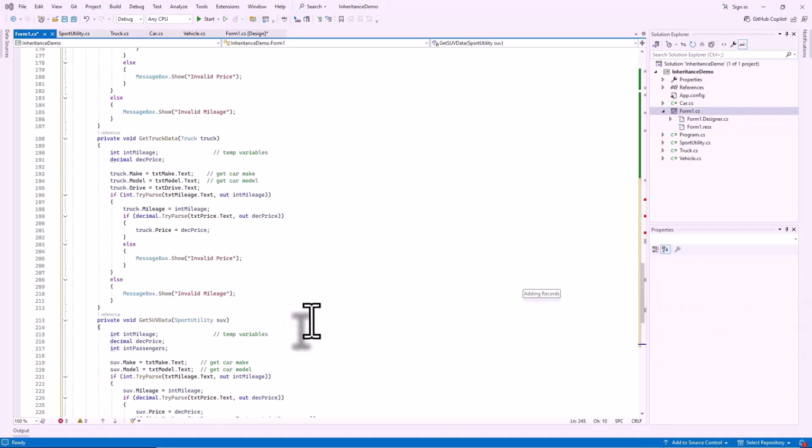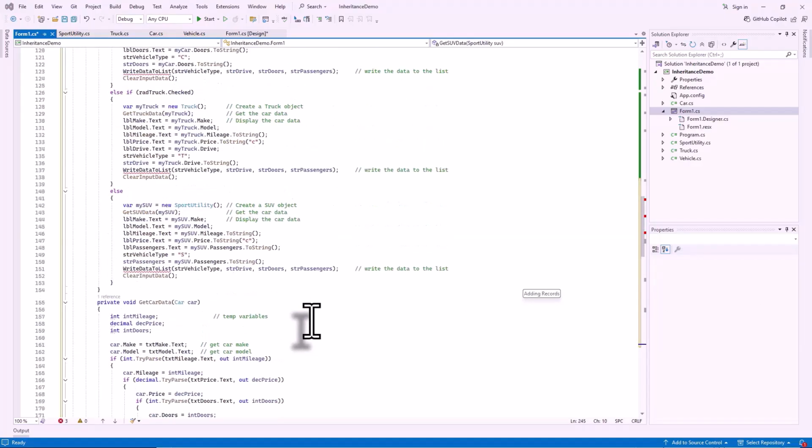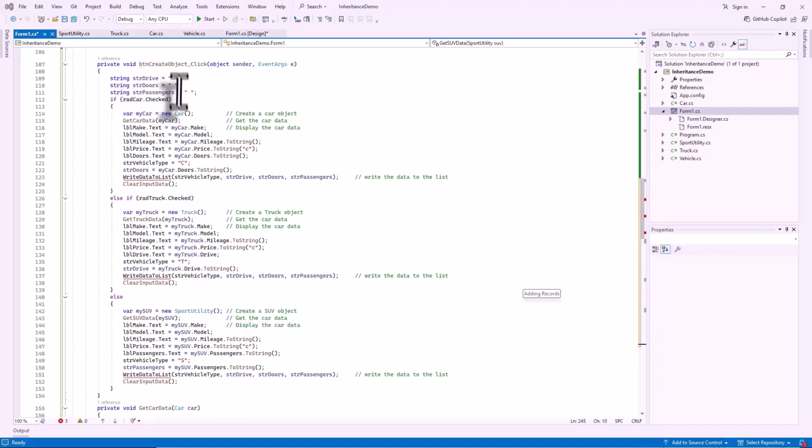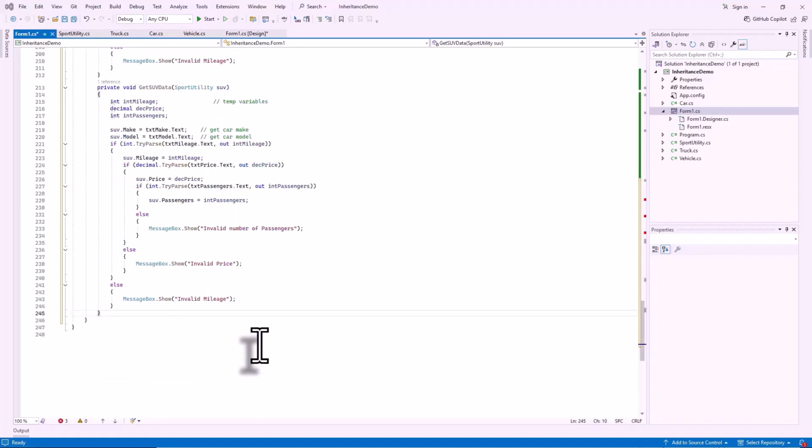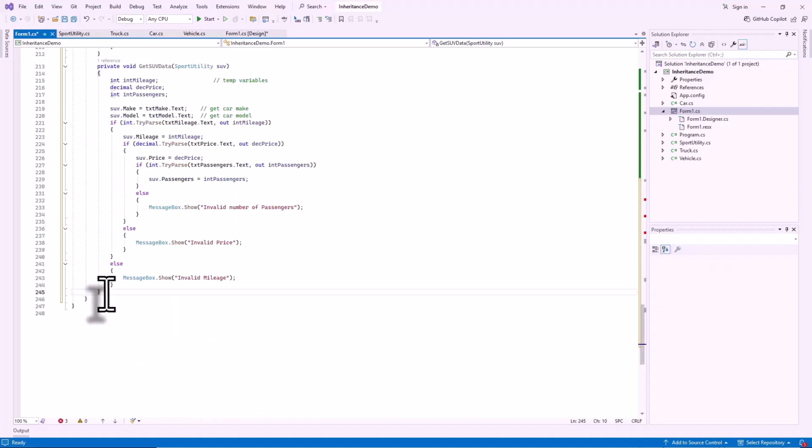We then need to go back to our button create object. All of our problems have been solved, but we still have a problem with write data to a list. We're going to need to write this thing to create this particular method here, and we'll do that. We'll put it at the bottom of all this stuff here. We'll do a private void write data to list. And we're going to pass it string